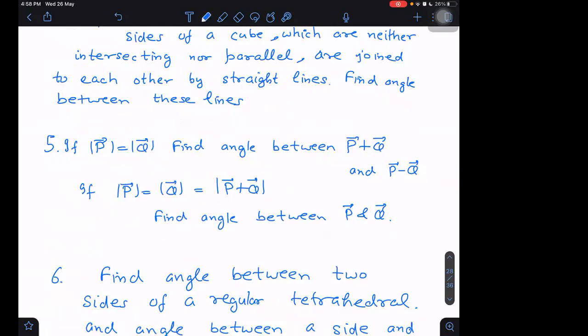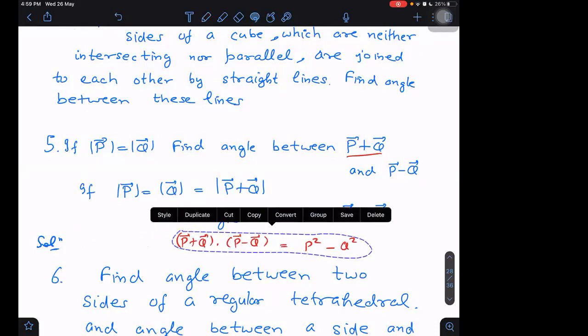Okay, a very simple way to do. Let me solve it here only. Solution. What is the value of P plus Q dot P minus Q? That will come out to be P square minus Q square, and also plus PQ cos theta minus PQ cos theta, right? Plus P dot Q minus P dot Q, that will be 0 only. So finally it is P square minus Q square. Is it right or not? Right, sir. This is the dot product.